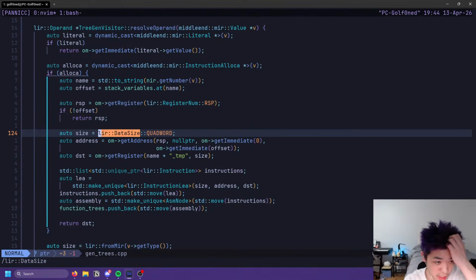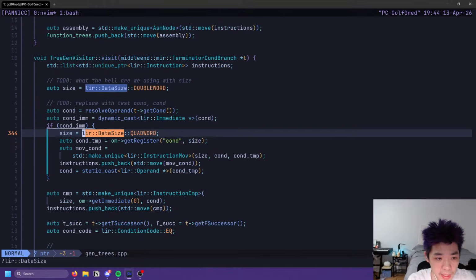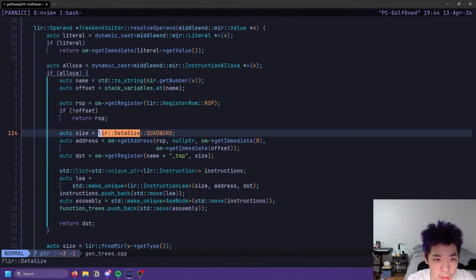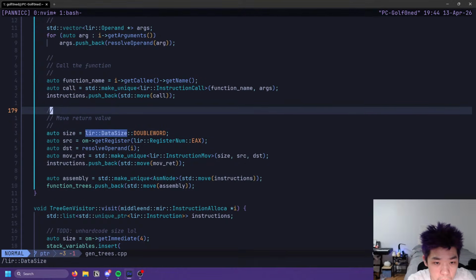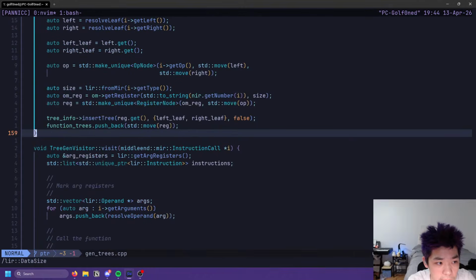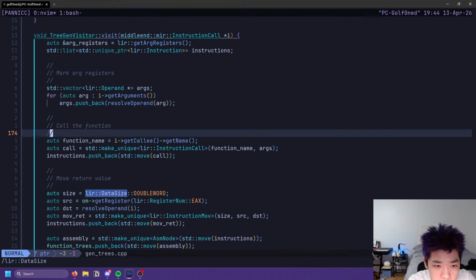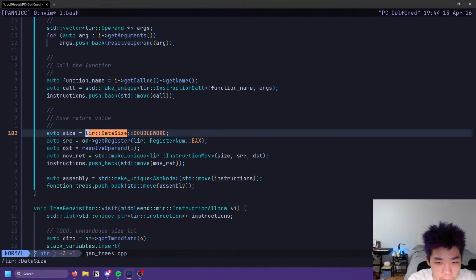There are 7 places where we hardcode it. So I think we should just fix those and call it a day. Okay. This one is necessarily correct, so I'm not concerned about that. I don't understand what's happening here. It's the call. It's a return value thing. This might not necessarily be correct, so we should probably change this.